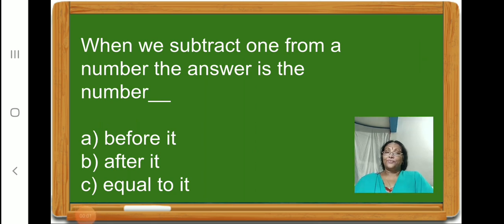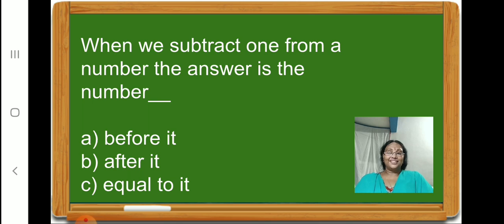Children, when we subtract 1 from a number, the answer is the number. 3 options are given below. We have to select the correct answer. Okay. Again, when we subtract 1 from a number, the answer is the number before it, after it, equal to it. Which is the correct answer, children? Remember, we have done this